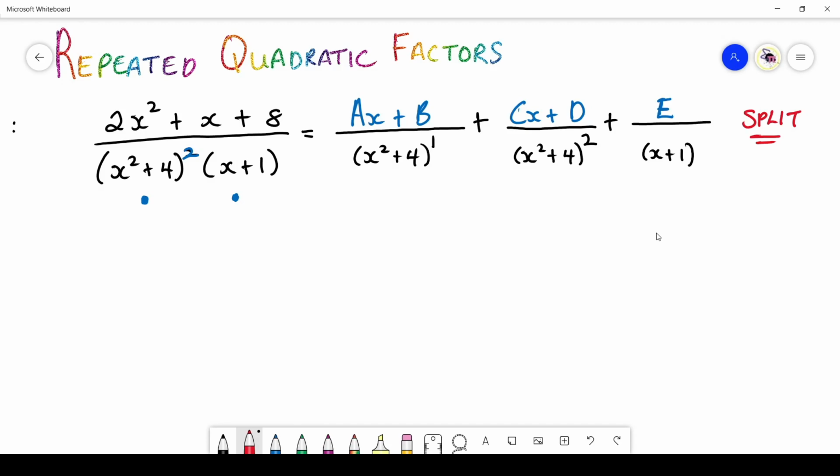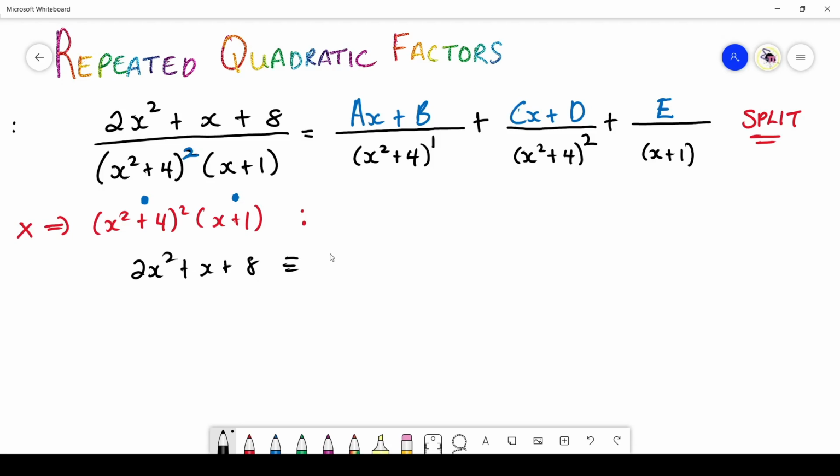That is why we perform different mathematical operations in an attempt to find values for A, B, C, and D. So, first step, like I say, we always multiply throughout by the denominator present here. All right, so we're going to multiply throughout by (x² + 4)² (x + 1). And usually that gives you on the left-hand side just the existing numerator. And on your right-hand side, that's going to give you (ax + b)(x² + 4)(x + 1)